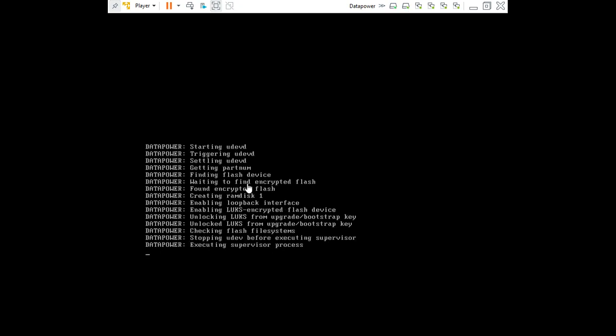We'll wait for a couple of minutes. The black screen you are seeing is the CLI screen. If you want to execute any commands, you can execute them here. In DataPower there are 3 types of logins available. One is CLI, and most of the time we use web GUI access.